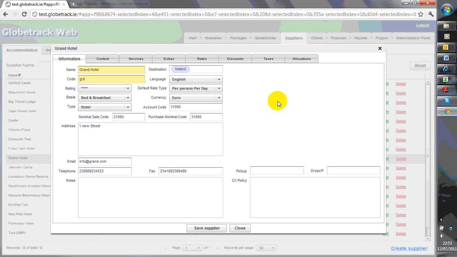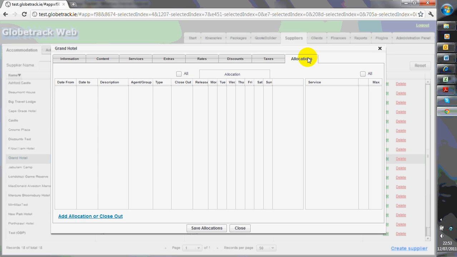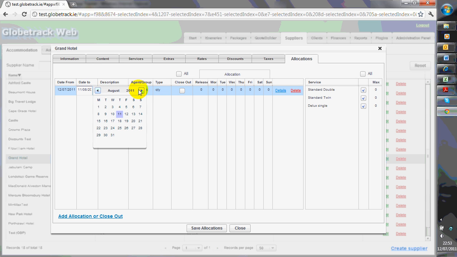In this clip, I'm going to show you how to add an allocation or a closeout to a supplier. So go to your supplier, you'll see the usual tabs along the top, click on Allocations, and go to the bottom left hand corner, click Add Allocation or Closeout, add the date range. By default it sets to 1 month, but we'll set this to the end of September so we've got an allocation of rooms to the end